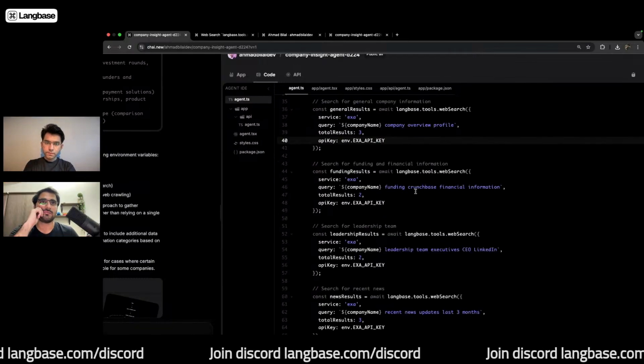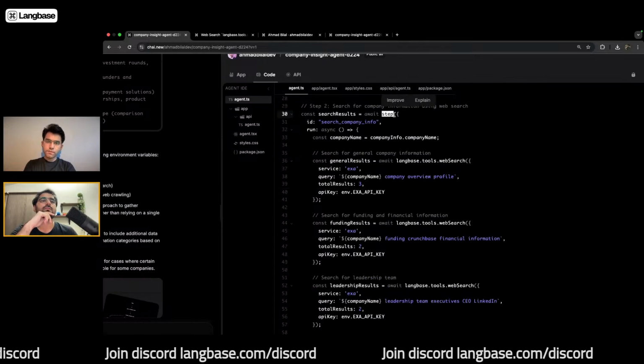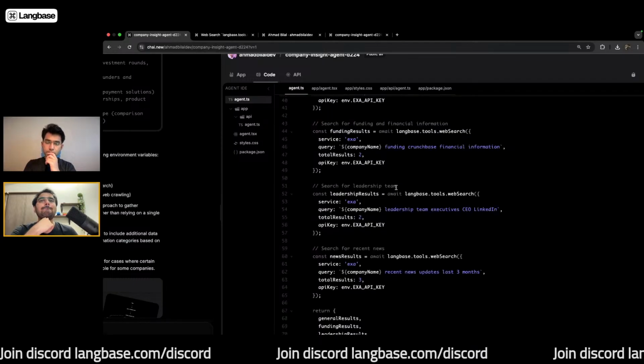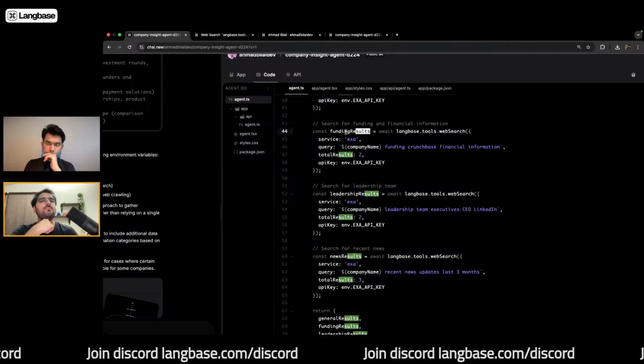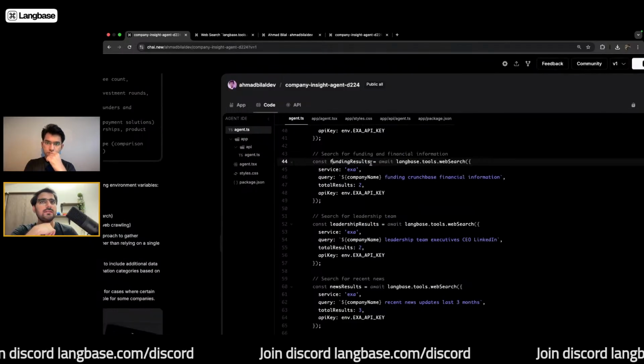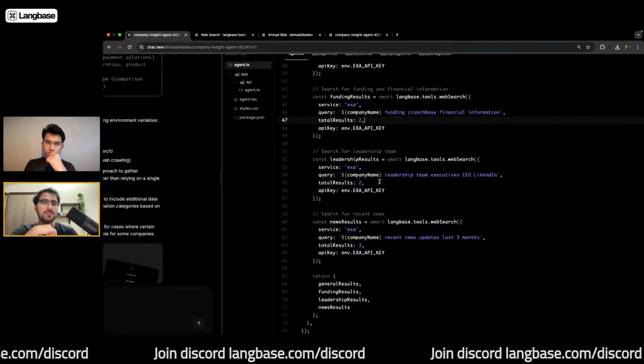All right, this particular step involves different web searches for each key fact, like the funding history, leadership, and recent news.